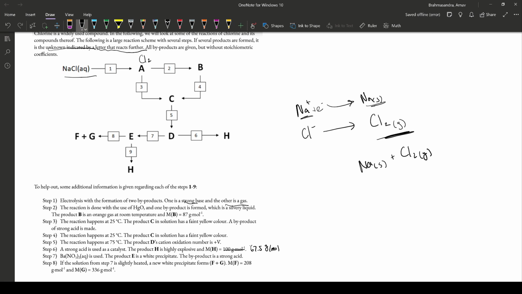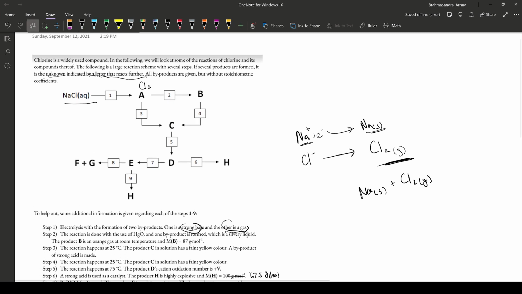But with neither of these do we have a strong base and a byproduct gas. We have our chlorine gas, but remember that's not our byproduct, that is our compound A. So we have a problem. That means that maybe sodium was not the thing to reduce, but something else was. And note that this is in an aqueous solution, so there's water basically all around. Another thing to note is that the sodium ion, Na plus, really does not like to